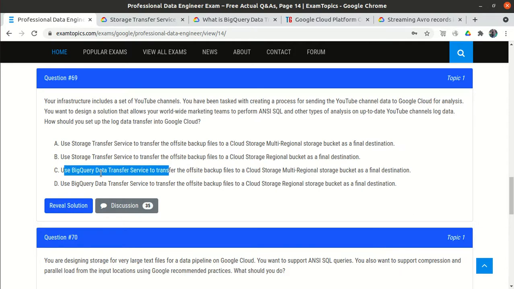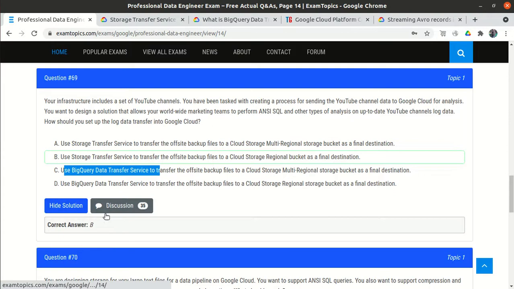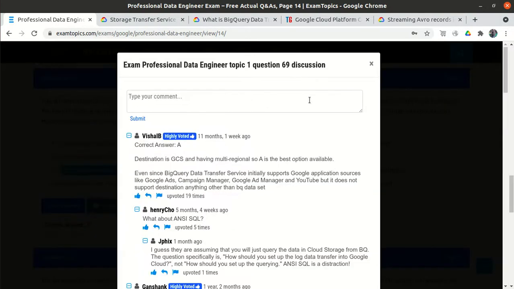The data will be stored in Google Cloud Storage finally, but we know that using the BigQuery Data Transfer Service we can't store the data into Google Cloud Storage. So option A is correct, and option B is wrong. The correct answer is option A, and it has been upvoted 19 times.